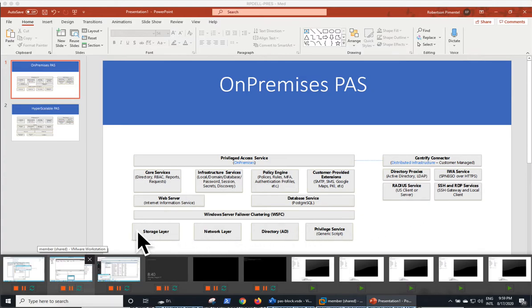For example, the storage needed to be shared storage. The network layer was managed by Active Directory, including the cluster and DNS. It required Active Directory as well. That sometimes is hard to completely automate because of the dependency with the directory, and it was provided as a